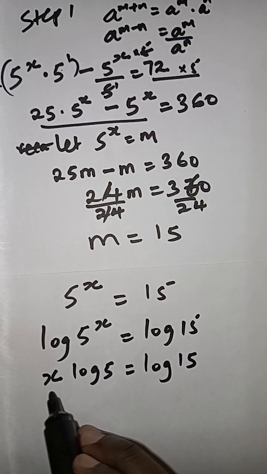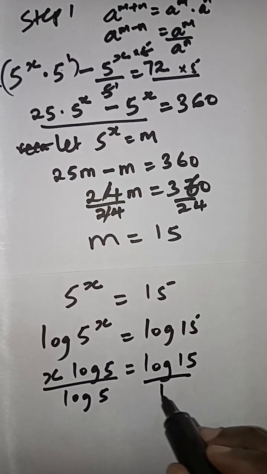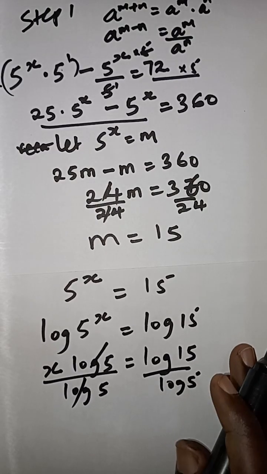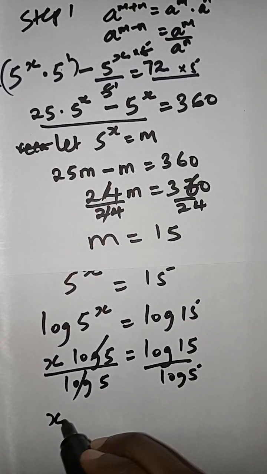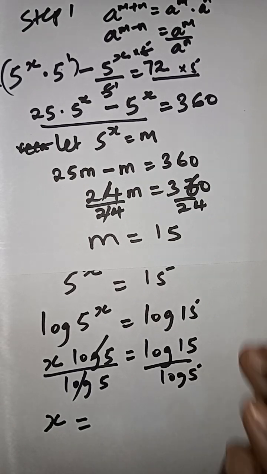For me to remain with x, I'm going to divide all through by the log 5, so that when I cancel like that, my final value of x is equals to